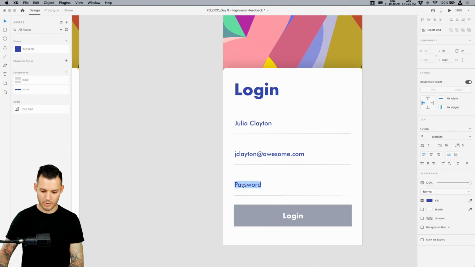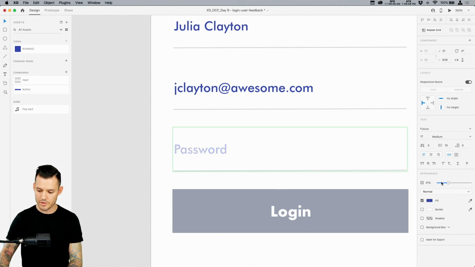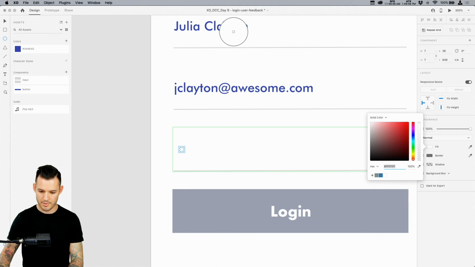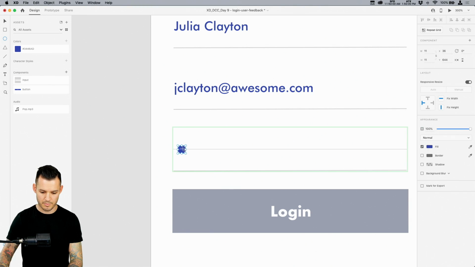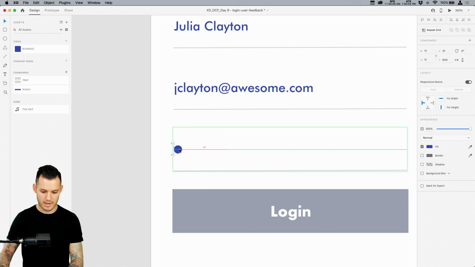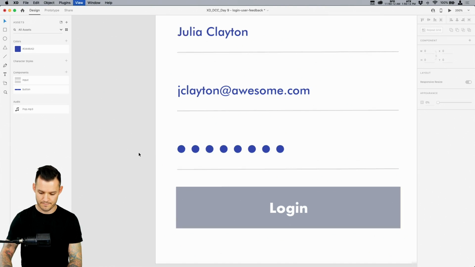Okay. And then let's put a password of, I always forget how to, anybody remember how to do the little dots? I always forget how to do the little dots. So instead of doing that, I'm just gonna take the opacity of that down. I'm gonna hit E for ellipse. I'm just gonna bring some dots in like that. And I'm gonna make sure we use our blue color for our dots. Let's make them a little bit bigger. Good, so far so good. Let's take our dots and just line them up there, boom. And you know what, let's be smart and just repeat grid. Just do a bunch of password dots like that, okay?